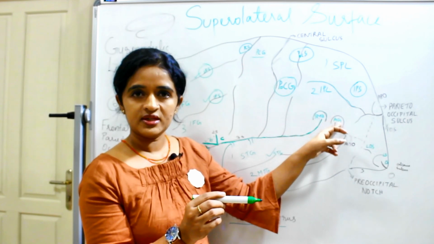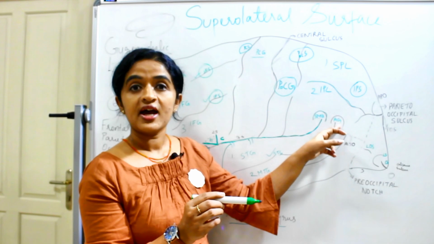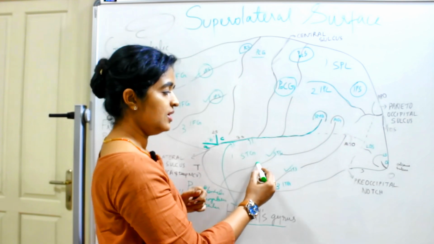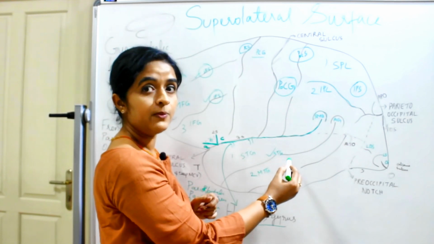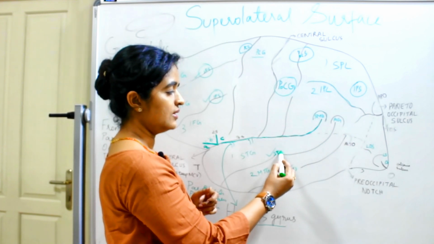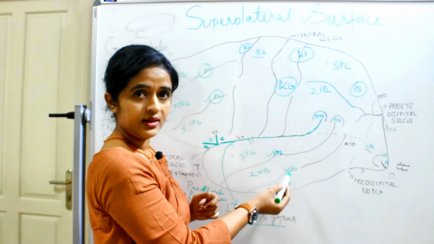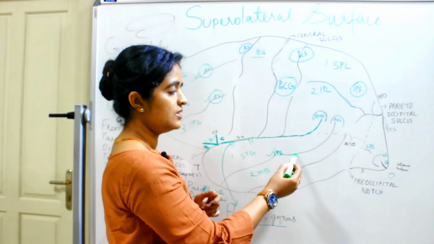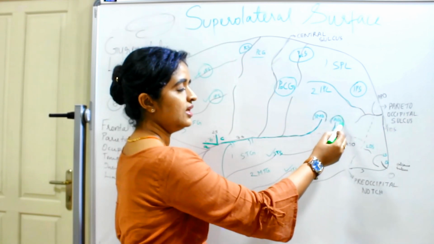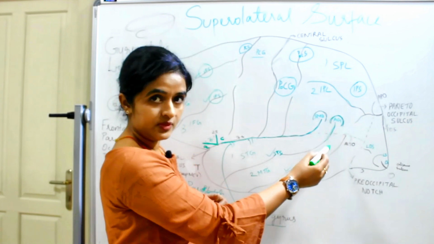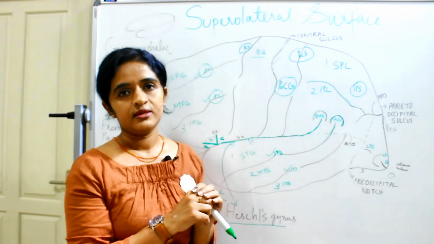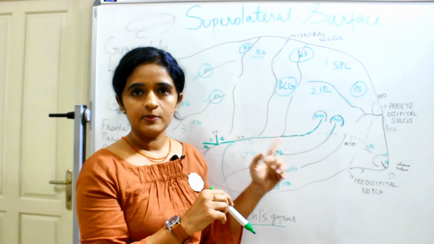Similarly, one more gyrus is there in the parietal lobe, that is known as angular gyrus. How will you get angular gyrus? For that, you have to trace the sulcus which we have discussed in the temporal lobe. What is that? This is the superior temporal sulcus. You had two sulci there. So if you trace the superior temporal sulcus into the parietal lobe, the region seen around the end of it, you call that angular gyrus. Again, that's very, very important.